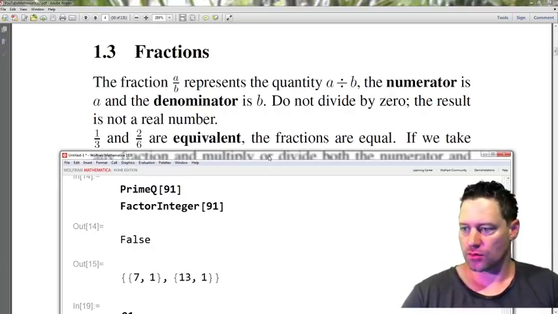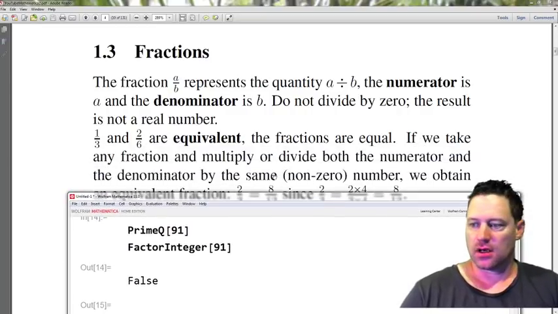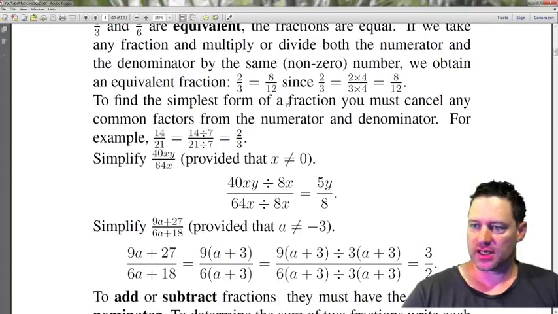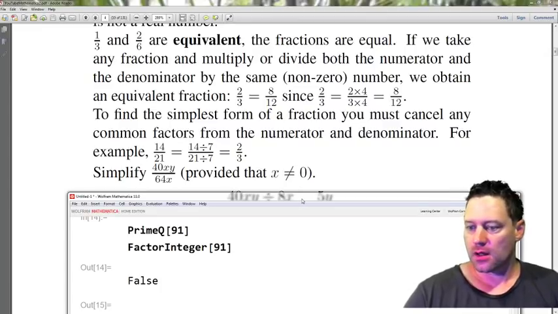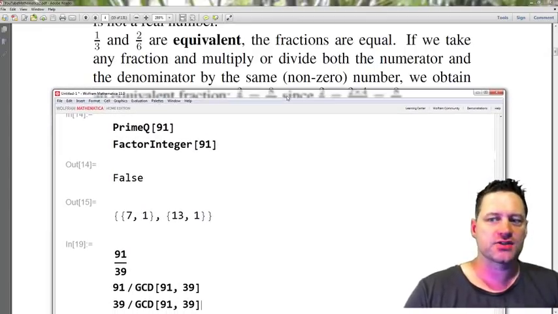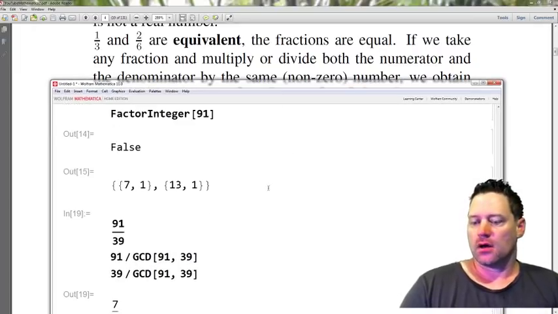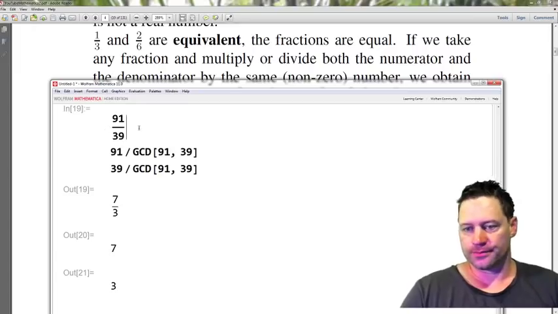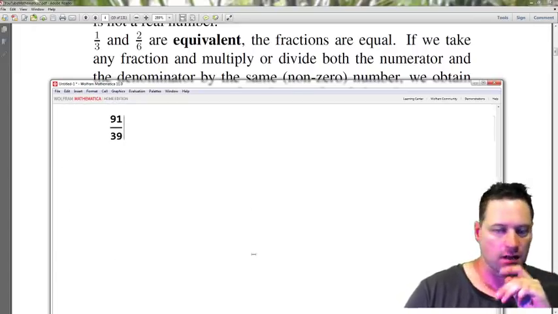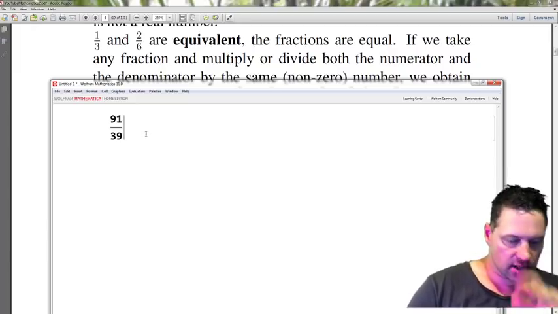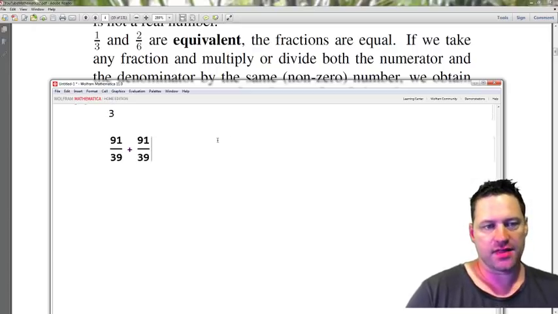Let's move on and talk about addition of fractions. I'll scroll down here a little bit, and then I'll pull up the Mathematica window again. If we are to add two fractions, what we need to do is get a common denominator. So let's go ahead and form this. I'll copy this down here into a new cell. Now I want to consider adding that to